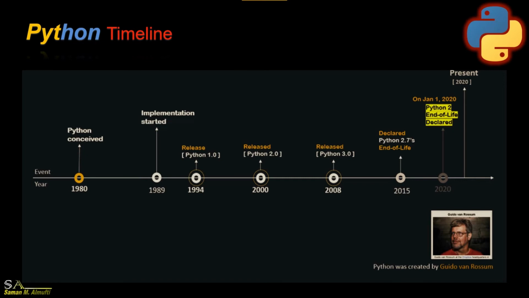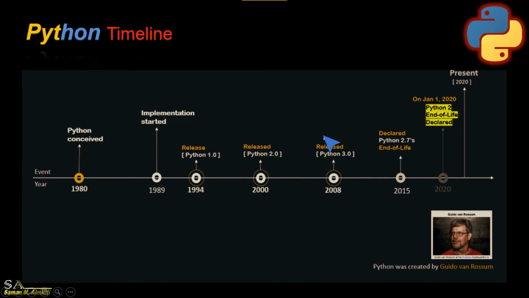Python timeline. In 1989, Python was conceived. Then, in 1989, the implementation started. The first version, Python 1.0, was released in 1994. The second version, Python 2.0, was released in 2000.